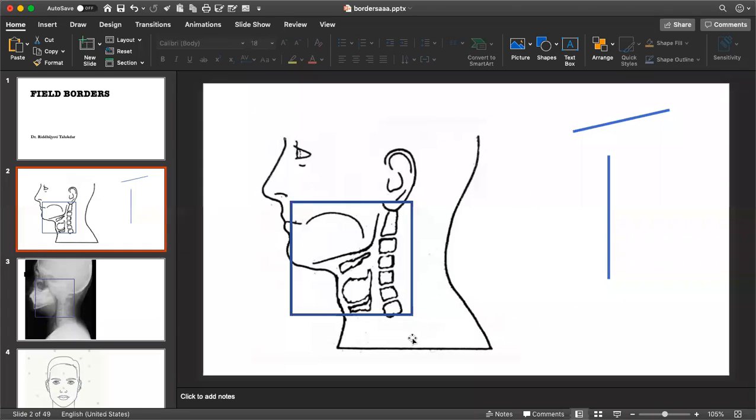So continue, please. For the lateral portal, what would your superior border be? Superior would be hard palate. No, it won't be hard palate. Just imagine on your face, does your buccal mucosa stop at the zygoma? Your buccal mucosa doesn't stop at the hard palate, so you need to treat the entirety of the buccal mucosa. Whenever you're contouring for buccal mucosa, your contouring starts just after your orbit ends. Just after your inferior orbital ridge ends, you draw 1 or 2 slices below that. So your superior border would be at the level of zygoma.